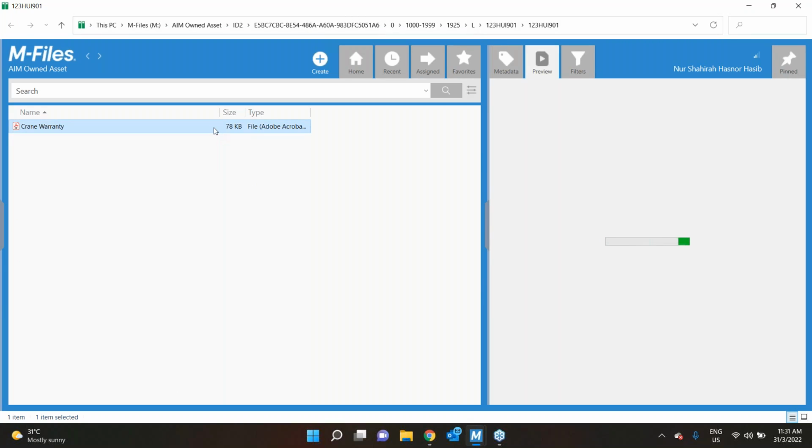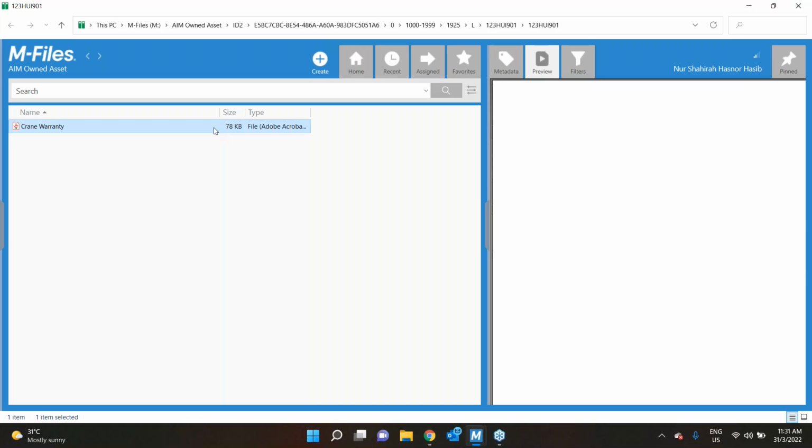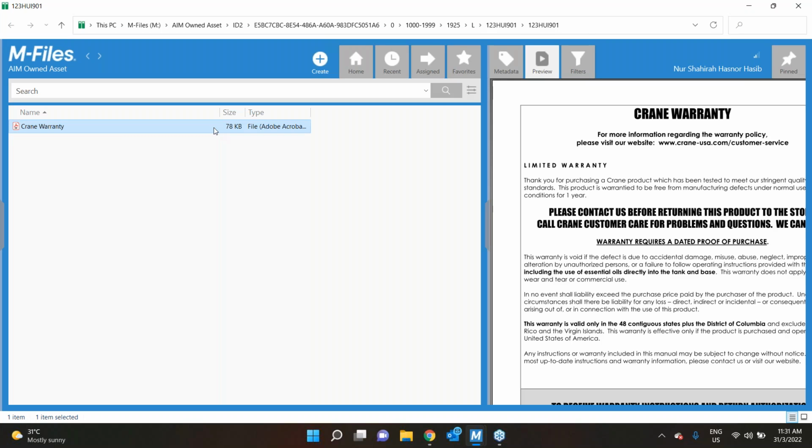All right, so the benefit of having this combined solution is that by connecting your CMMS and your DMS, for example, Fix and M-Files, you can have a unified solution. In a CMMS, even though you can store your document in the system, like you can upload your document in the file tab, there is a size limit when you upload it.